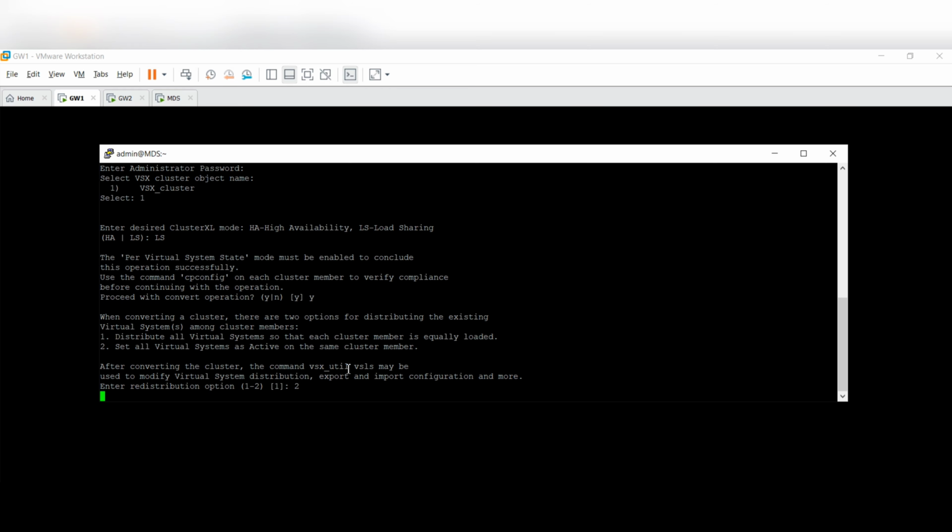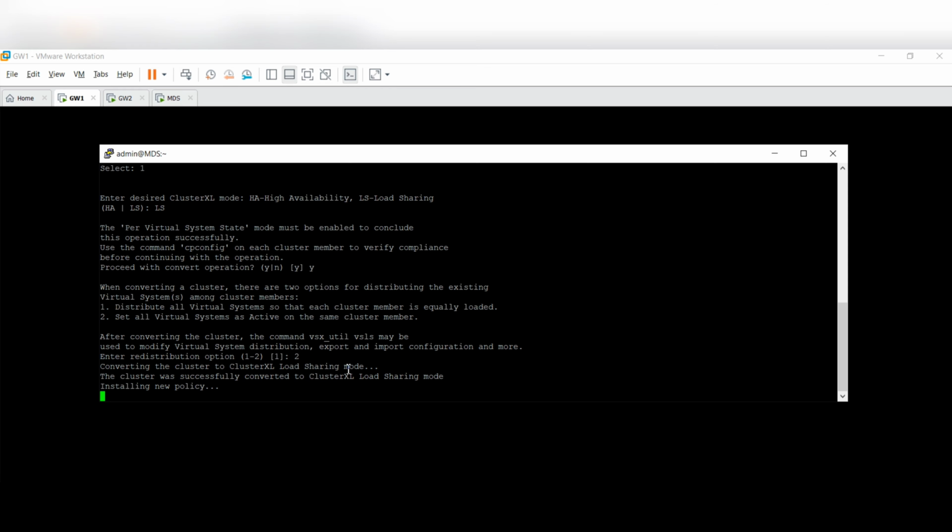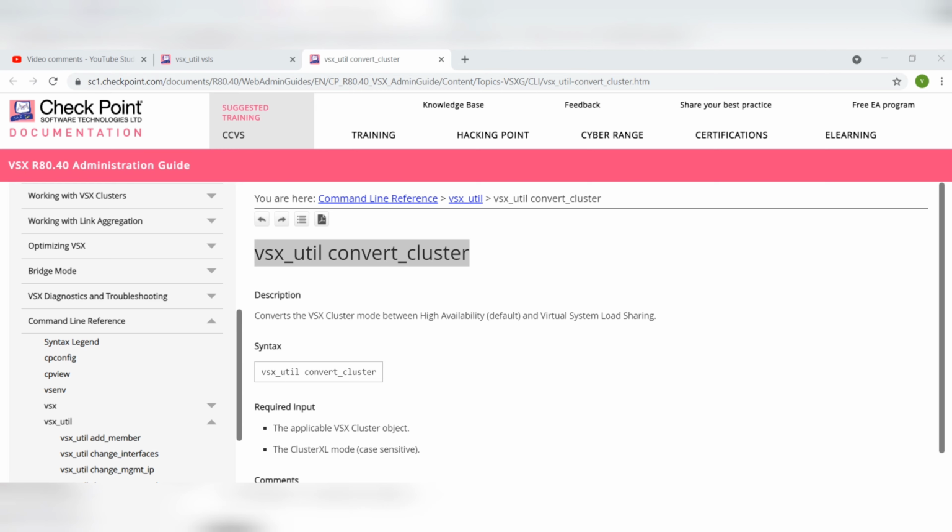Okay, taking some time, but it's worth the wait. This content you may not get in a daily Check Point thing. So yeah, now the cluster was successfully converted to load sharing mode, and now it's installing the policy. So guys, just now we have used a utility as I showed you, with which you can convert your HA cluster into load sharing mode.